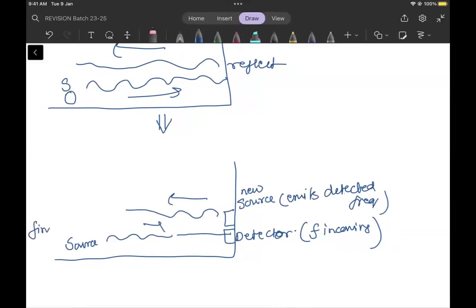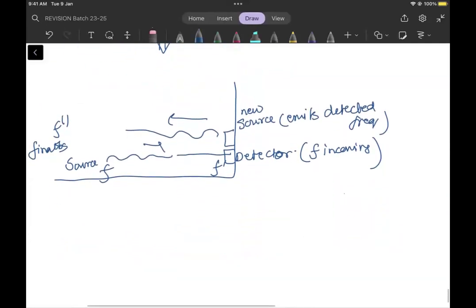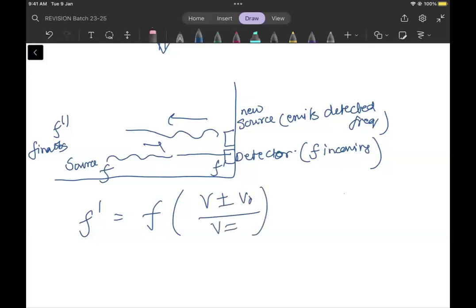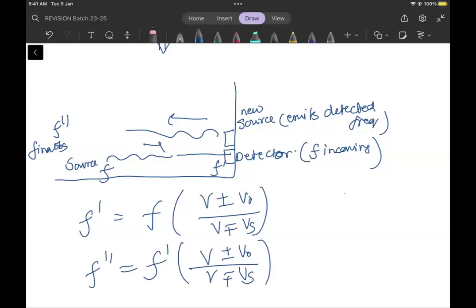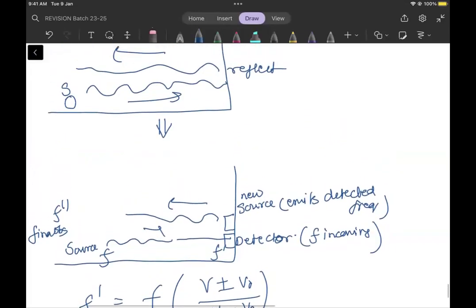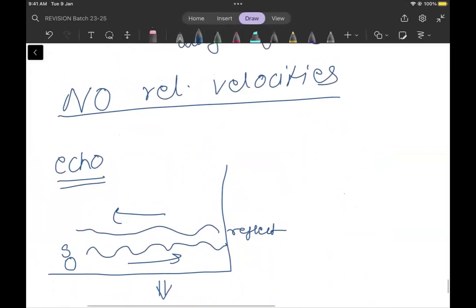Supposing हमारा फाइनल ऑब्जर्वर यहाँ पे है, इसकी फ्रीक्वेंसी f है, डिटेक्ट फ्रीक्वेंसी f' हो रही है, इसको f'' सुनाई दे रहा है। f' इज इक्वल टू f इंटू v प्लस माइनस vo अपॉन v माइनस प्लस vs। f'' इज इक्वल टू f' इंटू v प्लस माइनस v अपॉन v माइनस प्लस v। स्टेप्स में हम यूज कर सकते हैं एको के लिए।